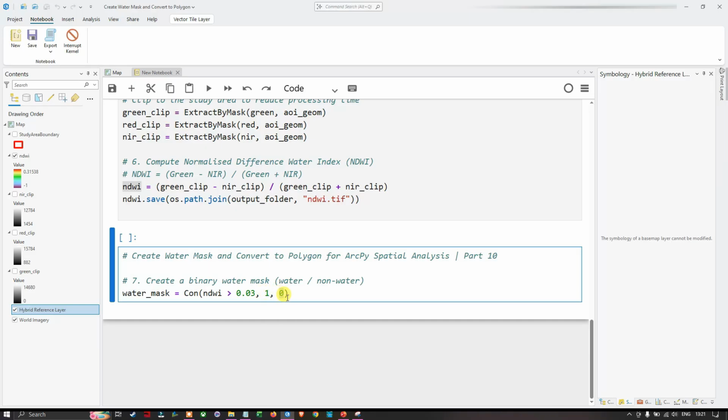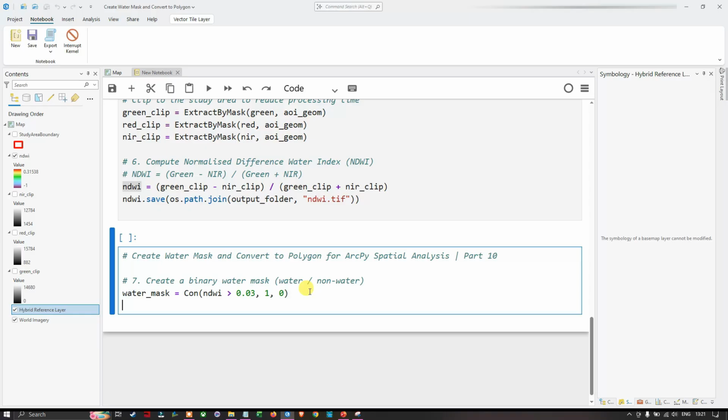Next, to save this, we're going to use a similar approach. I'm going to mention watermask, followed by save. In save, we're going to mention os.path.join, followed by the folder where this binary watermask will be saved, that is, the output folder I've already mentioned,